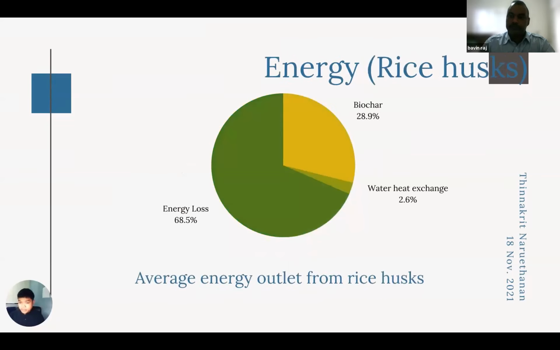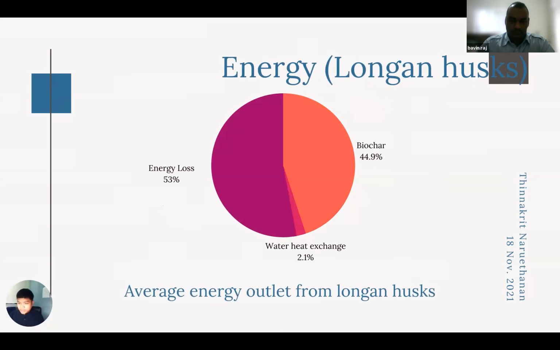Next, rice husk, 28.9%, and 2.6%, and 68.5% respectively. And the last for outlet energy,